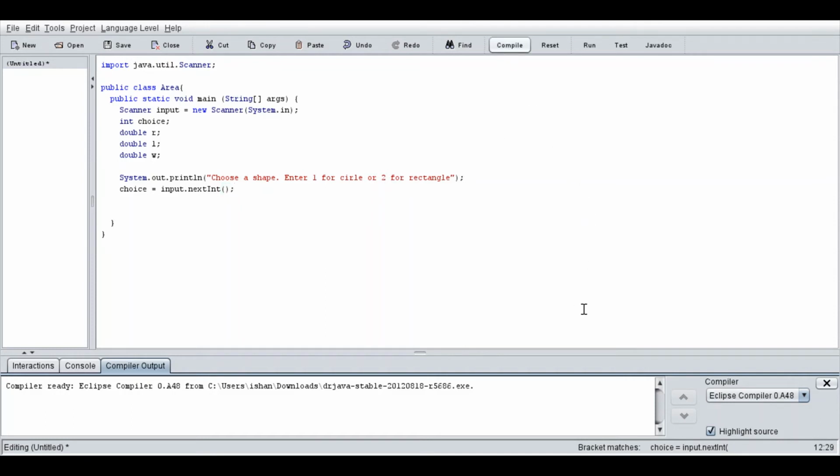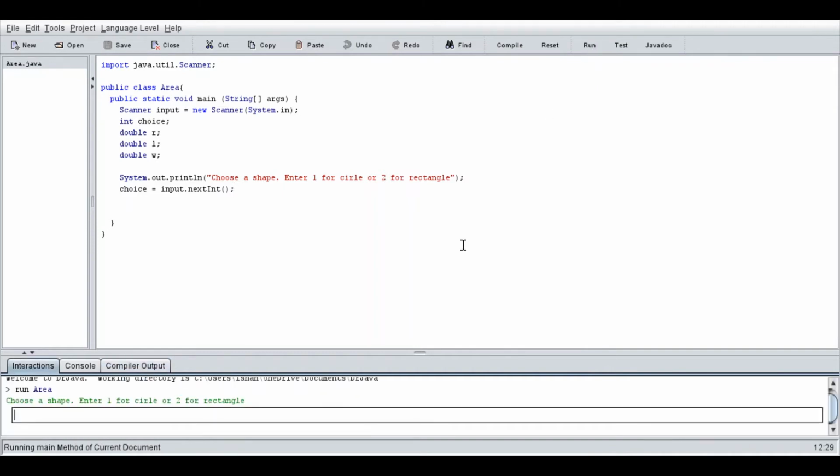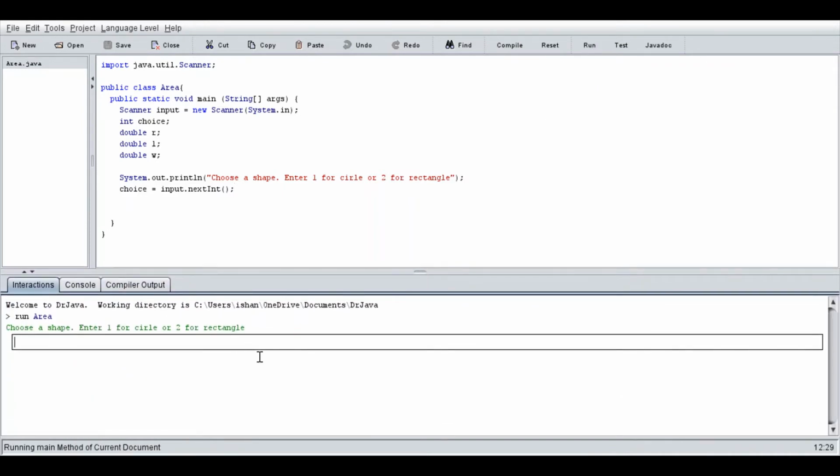Hit compile and save your program. When you click run, you can see that there is an output message and a text box where you can enter any number. Now we can go ahead and use if statements so we can make decisions based on what the user enters. So if choice is equal to 1, curly bracket, close curly bracket,